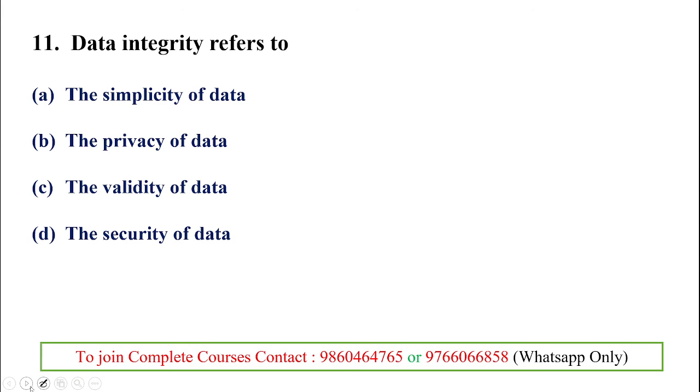And then, data integrity refers to... all the options look important at the stage of data integrity, but the particular one that is validity is related to data integrity. So data integrity refers to the validity of data or the authenticity of data. It's not related to simplicity, privacy, or security. It deals with the unity, validity, or authenticity of the data. Okay,